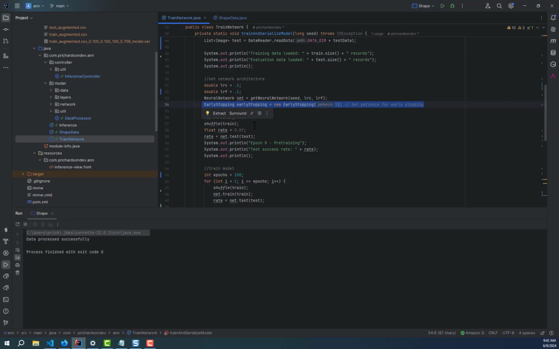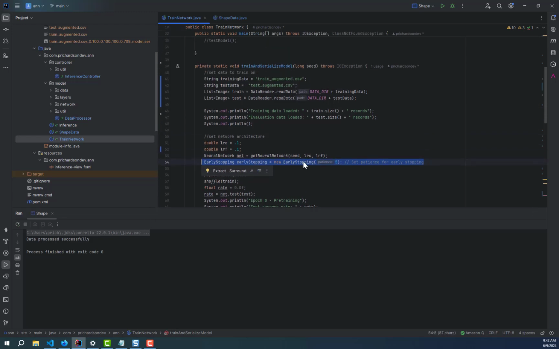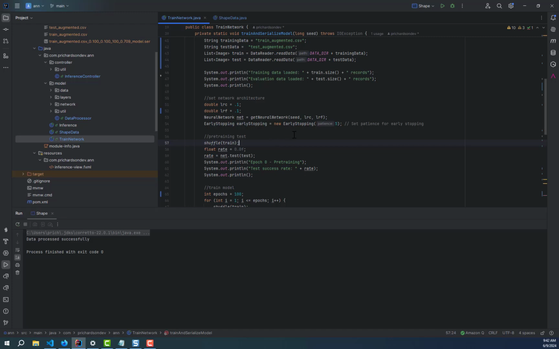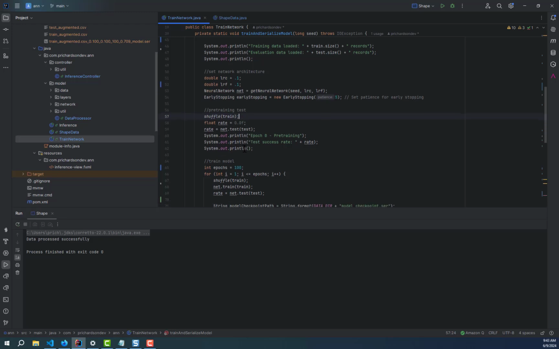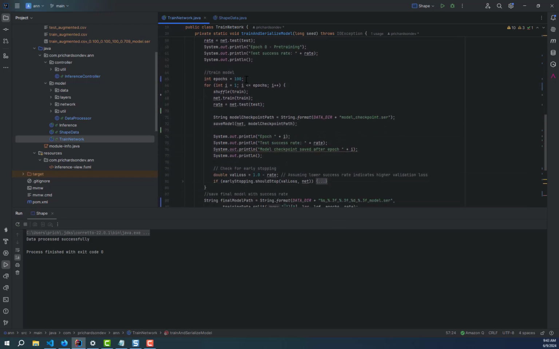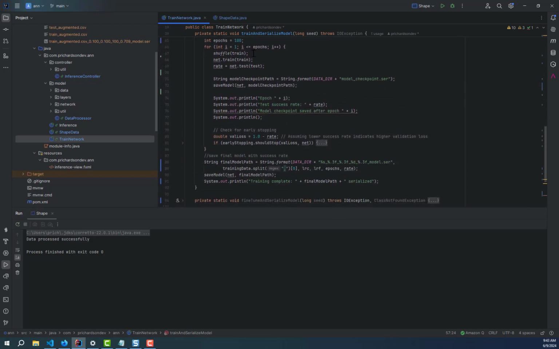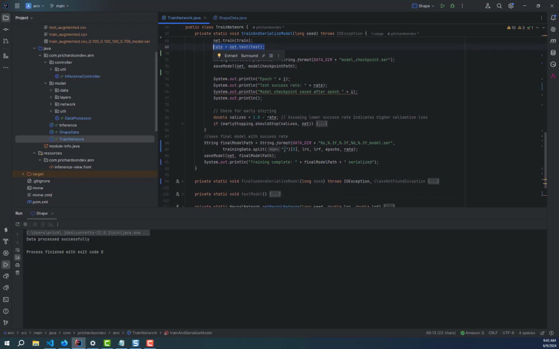The reason is we don't want to keep running if we reach a plateau, which I did at 70%. So it stopped early instead of going to 100, right? It stopped at 30. And then we go and train. I have it set up for 100, and it does a training run, does a test run, does some outputting, and then checks if it should stop early, and then just kind of keeps going, and then eventually it prints out